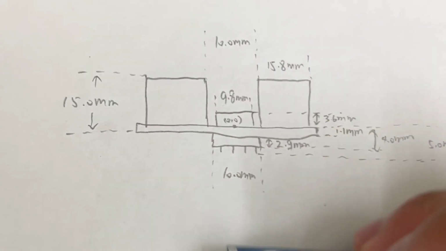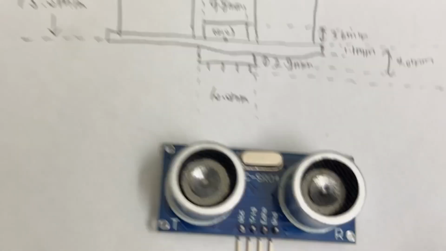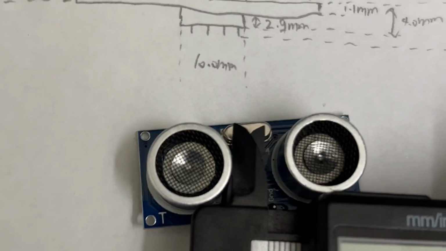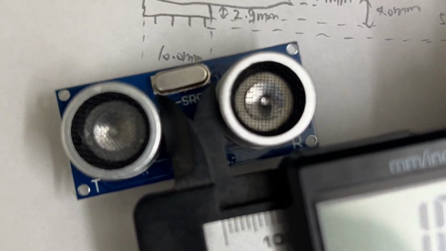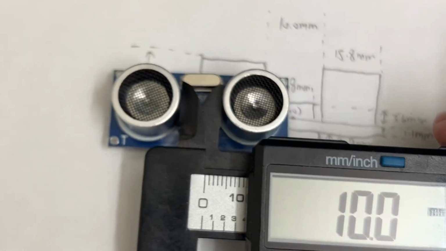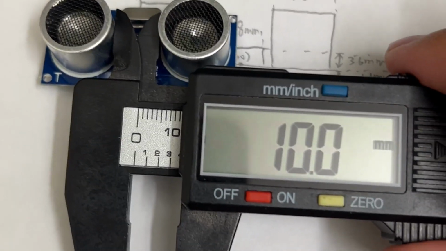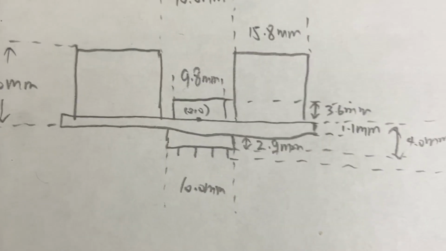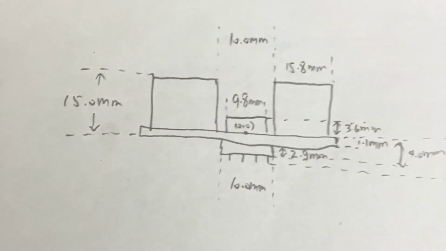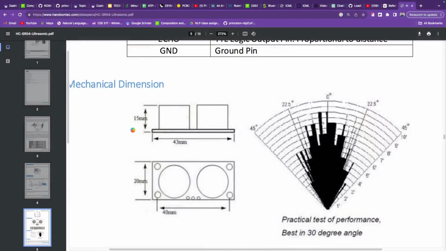And there are also some metrics that need to be measured with the other side of the caliper, because these are the inner side of some distances, so you need to use this side of it to measure it. So as you can see, with this, I can tell the gap between the two cylinders is 10 millimeters wide. Okay, so just draw it and come up with a sketch like this, so you get a better understanding of your device. And now we can try to get back to the